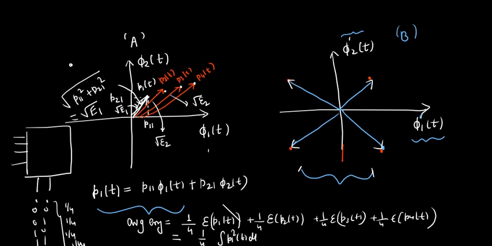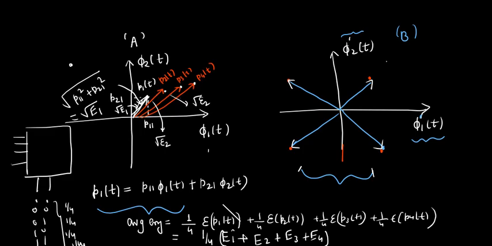So if you have geometrical representation of your waveforms, you can check a lot of things. What is the energy of each waveform and what is the average energy? So what will the average energy become now, tell me? 1/4 of E1 plus E2 plus E3 plus E4. For this case,